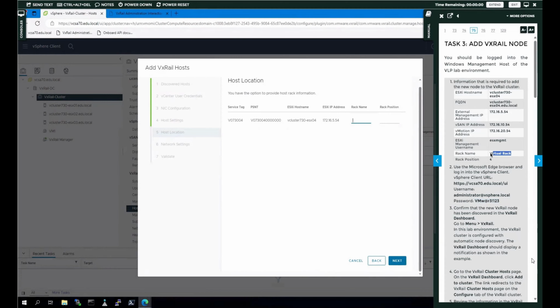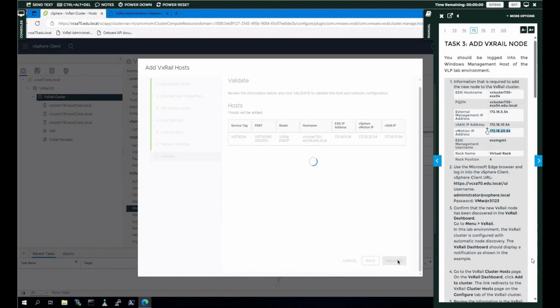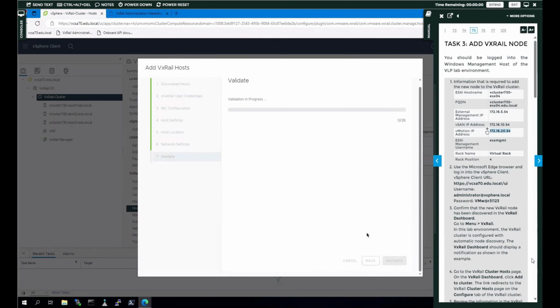Okay. And here we have number 4. Okay, vSAN. Motion. Okay, so it's going to take some time. Let's